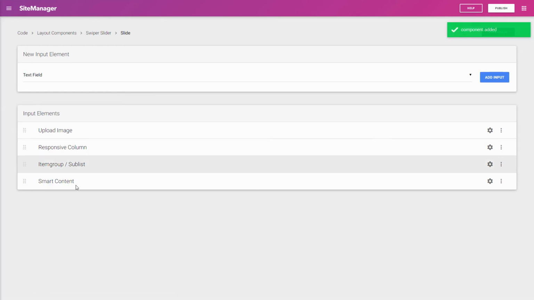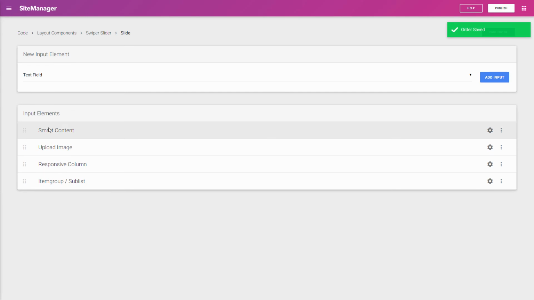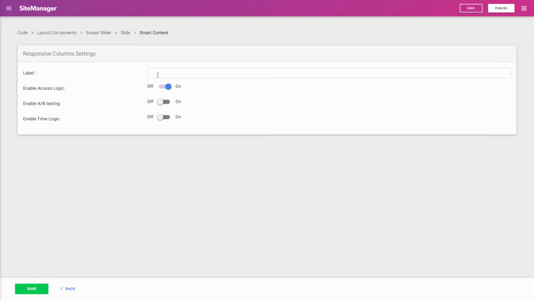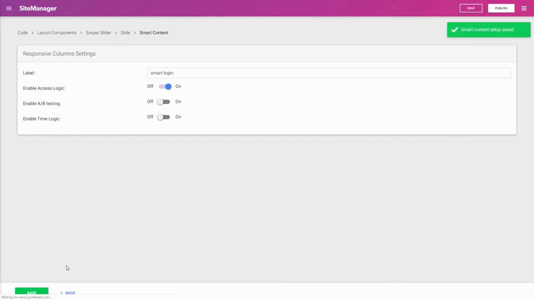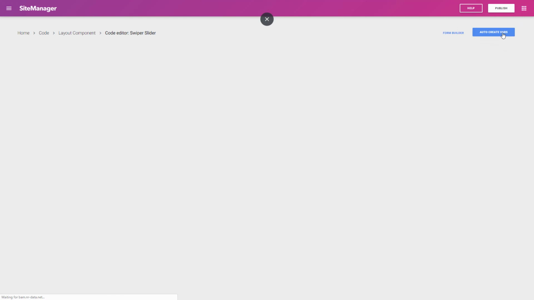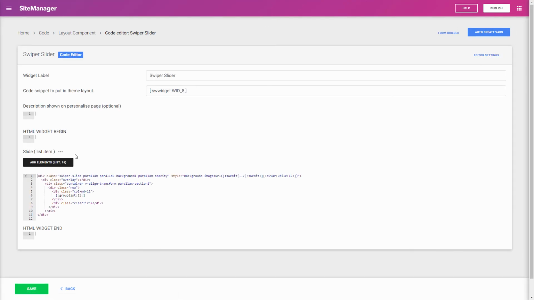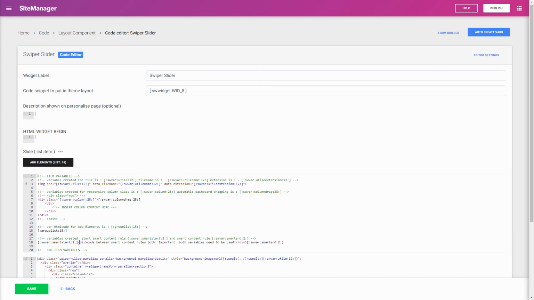So now we click Add Input, and now we can drag it, for example, to the top of the screen, and we click this icon to change the settings. So we can say Smart Logic, for example, and we can determine what kind of logic can be used for this rule set. Since we're only working with personalized content, we only need the access logic. So we're going to leave it like this and click Save. So when we go to the code of this component, we will now add the variable that was created for the smart content and wrap it around